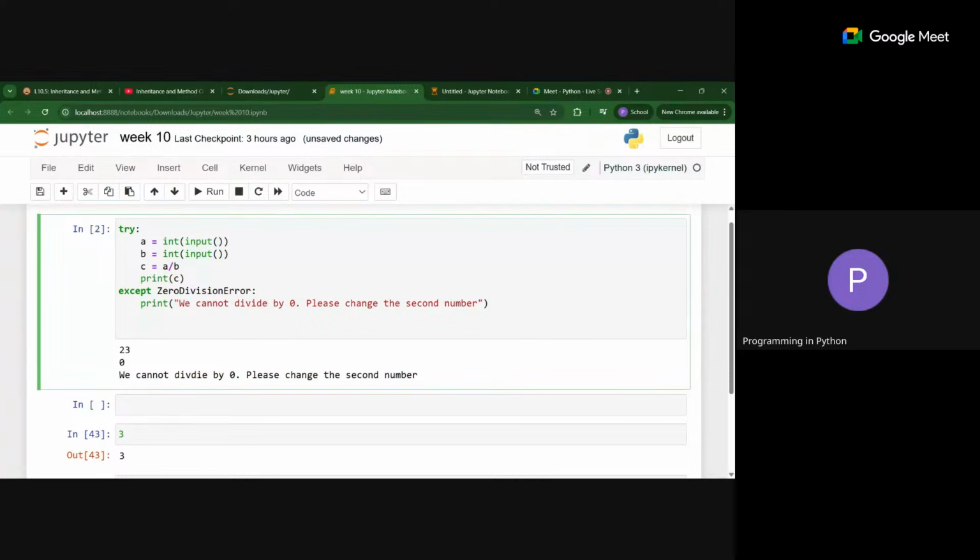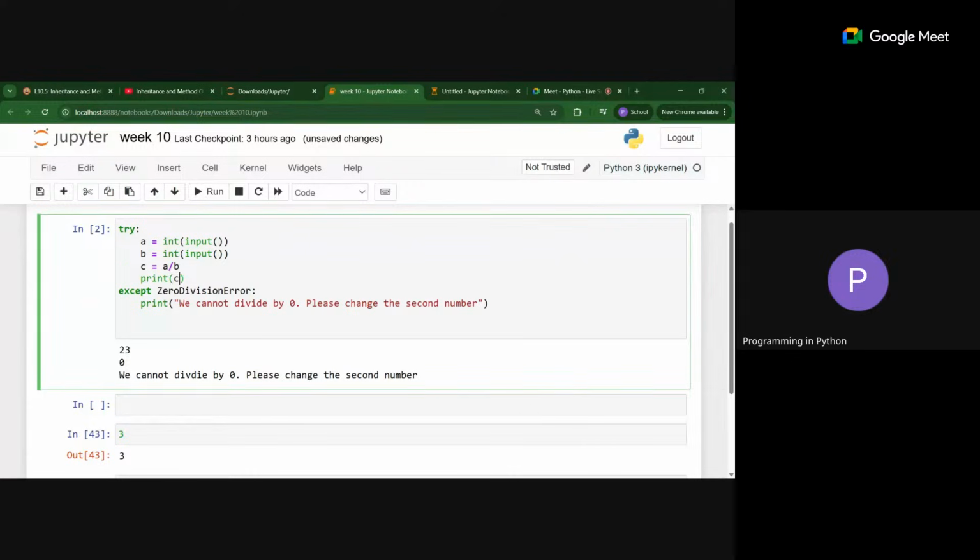Okay, so this is what the try except block will do. First, it will check whether we have any error in this particular code in the try block. If it throws some particular error, then the errors we have specified here, if that error occurs inside the code, it will bring this particular custom message here. If we have some new error which is not present inside the except block, then it will throw that